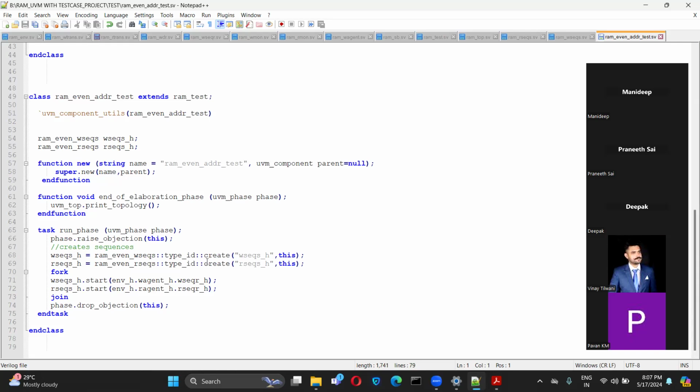For the create method, the syntax is, for example, this is the base sequence and you are creating the handle for that particular sequence. You give your object, inside that the sequence name, meaning the one from which we are creating the object. Then you give the type ID and then create, and inside that we give the object name and the argument as this. This create again inside that will go and run that new only.